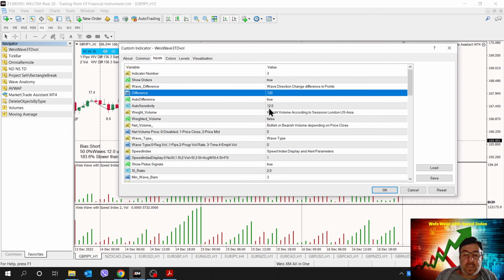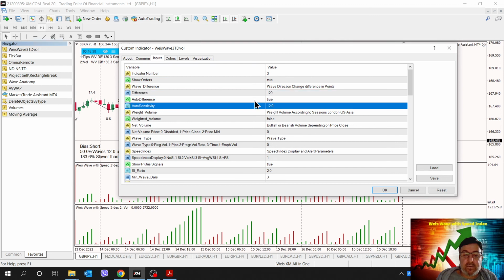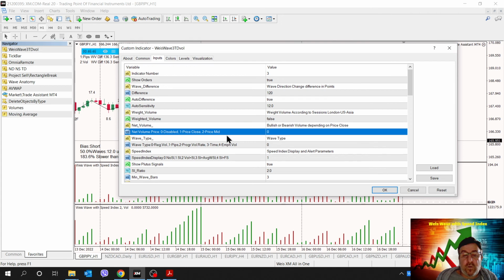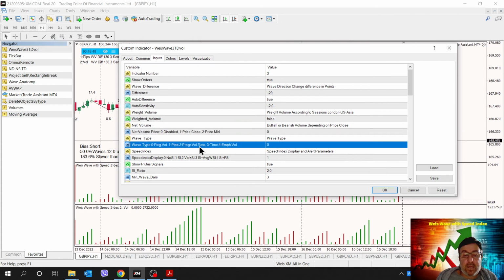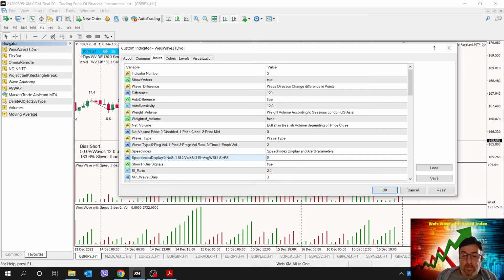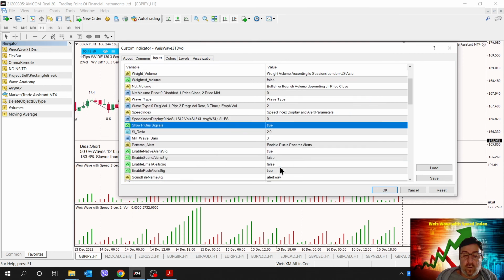Difference, same as the rest. Waveline, weighted volume, we don't care. False. Net volume, disabled. And wave type is 2, because I want to see progressive rate. Speed index, no, because I have set this to the volume.